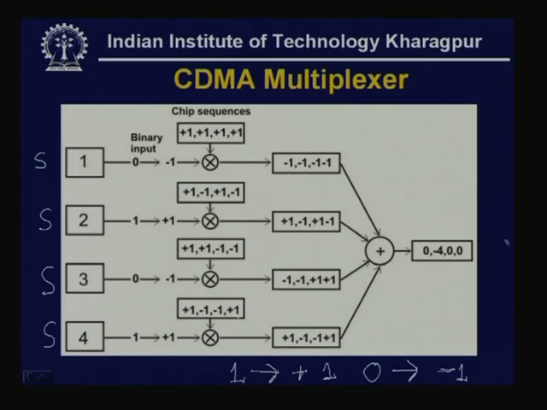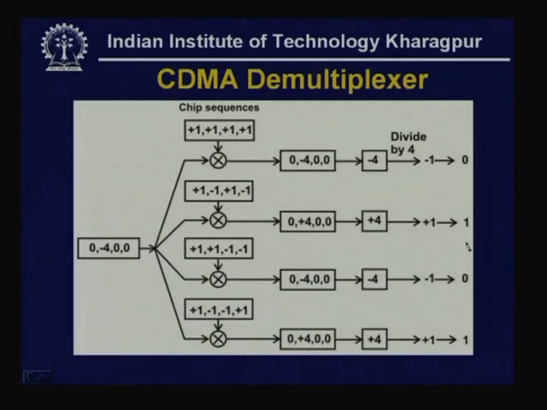This can be sent over the medium, and it is received at the other end. So, here it comes from the medium. After it is received, you see the same chip sequences which were used for the different channels are used for demultiplexing. So, it is multiplied with the same chip sequences. After multiplying with the chip sequences, you see this 0 -4 0 0 becomes 0 -4 0 0,